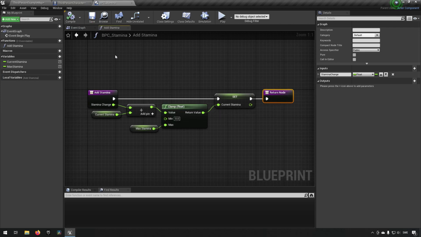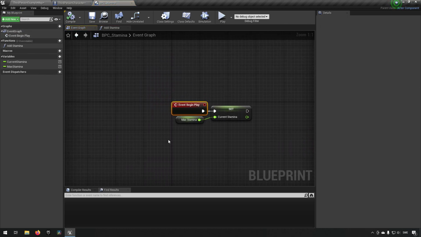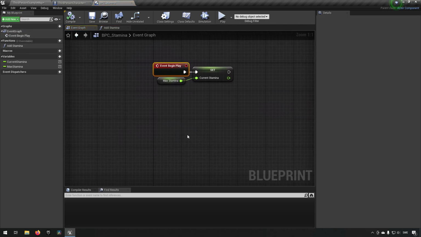Now, the point of contention for stamina behavior is normally how do you solve the problem of having a regenerating stamina? Some would put it in tick, some would be doing other things like that. In my opinion, what we should do is something like this: we want to have a stamina that is regenerating a certain amount at a certain interval. So to make this,